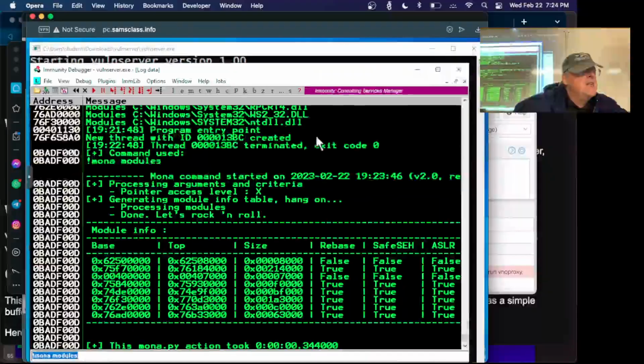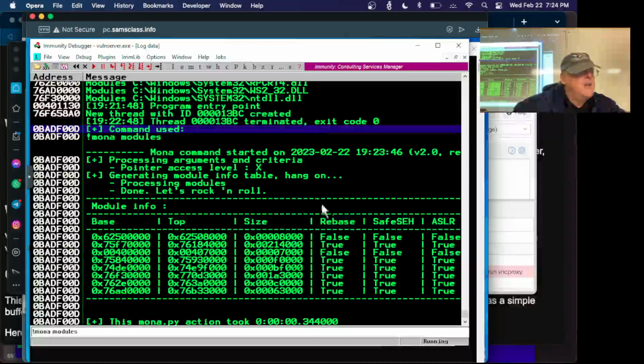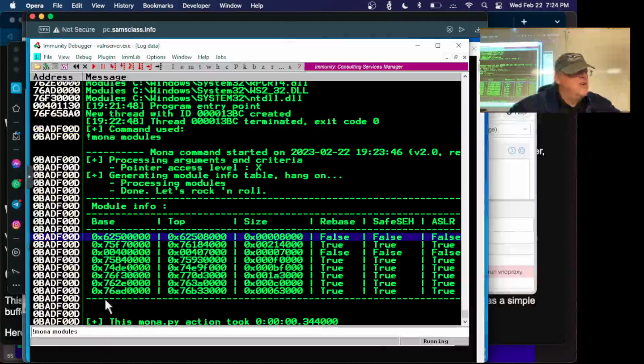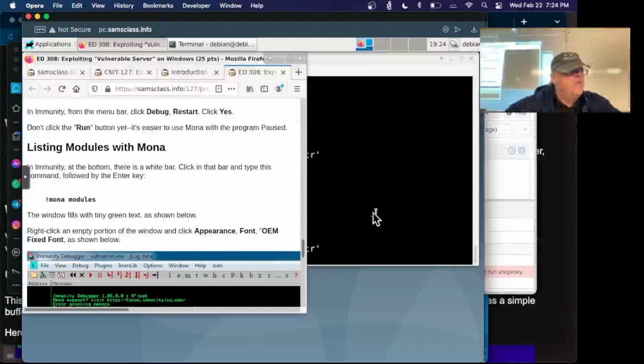Let's see if I can get this to scroll without going nuts on me. Click in there. I try scrolling left and right and it doesn't work. I don't seem to have a scroll bar anywhere that will work. So what I'm going to do, I think, is put it in Notepad. Let's try that. Let's highlight it all. It won't highlight, huh? All right, I'll look at my instructions. I'd have to resize this to make it small for the video. I'm going to look at my instructions where you can see it. All right, so here,